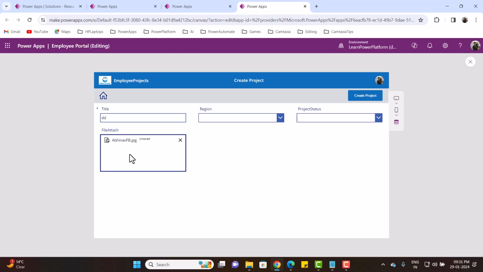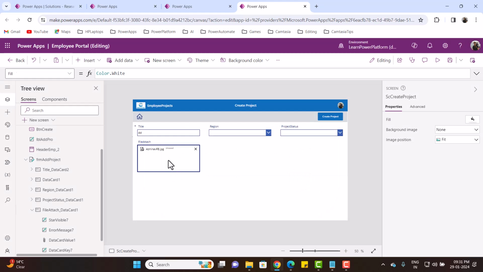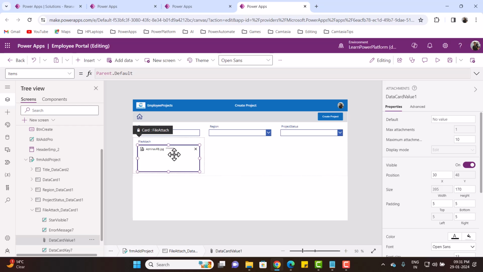So how do we get rid of this, or how do we attach multiple files? We will see. There is a trick. So what is the trick? I will let you know, right? So you need to